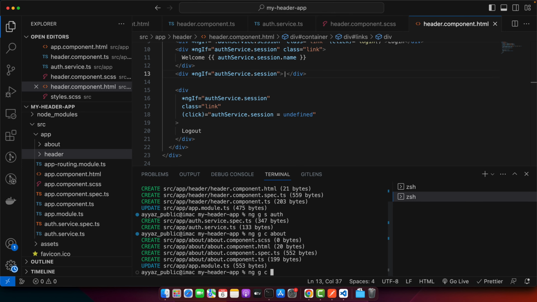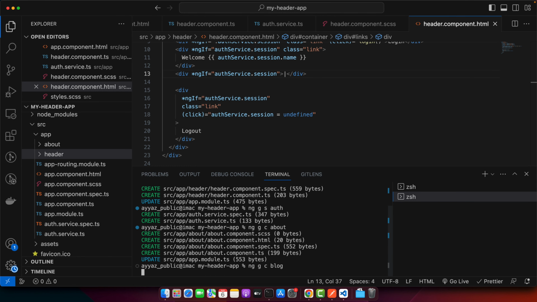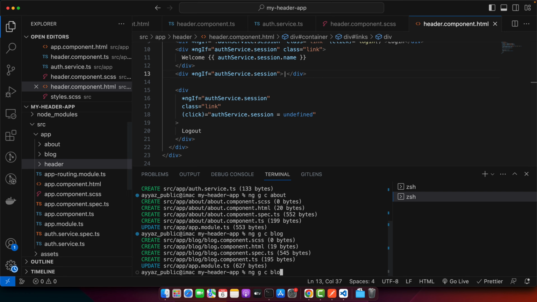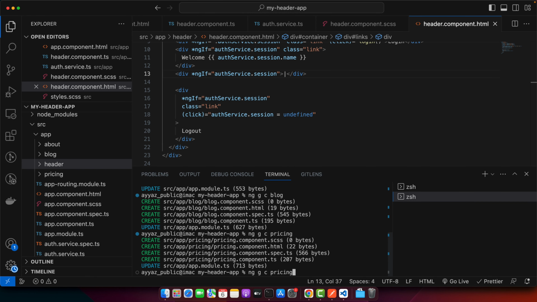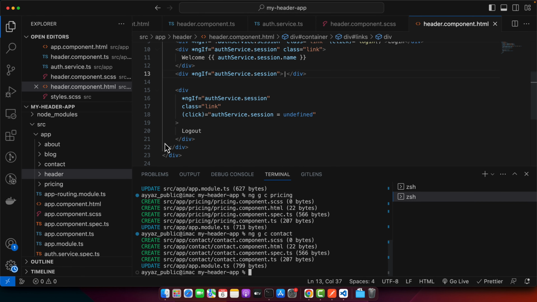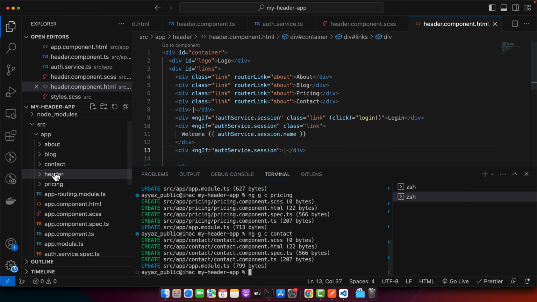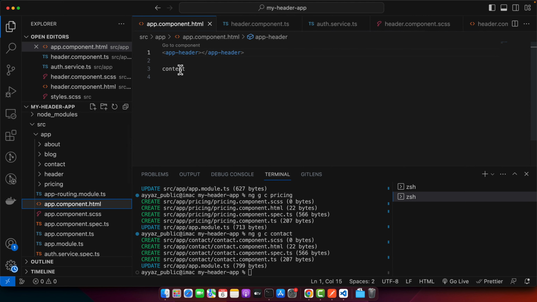Now I will generate the others as well. ng generate C blog, enter. Next I need to generate pricing. Next I need the contact page. Okay, after that is done, I need to go to the app component, and as we are now